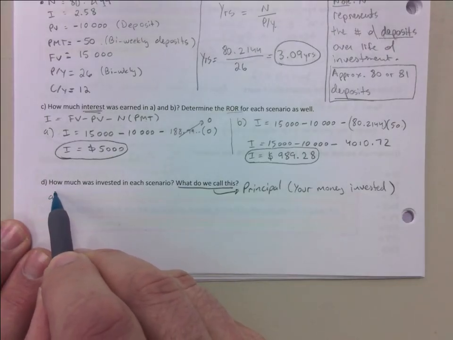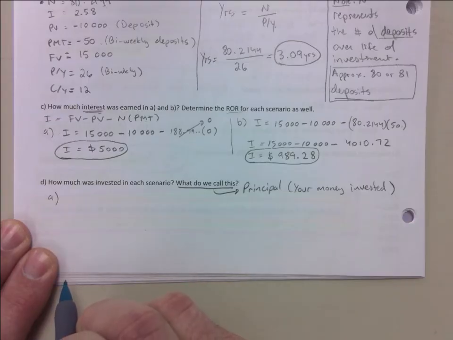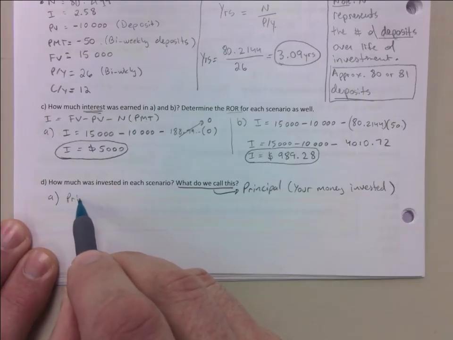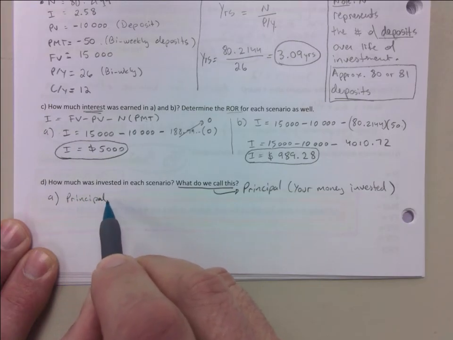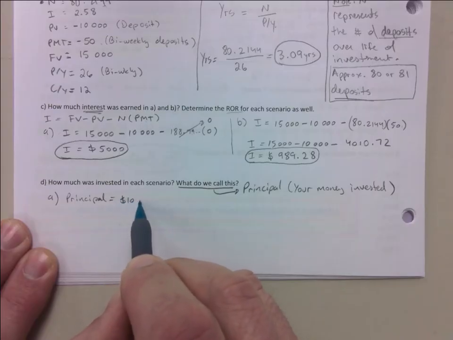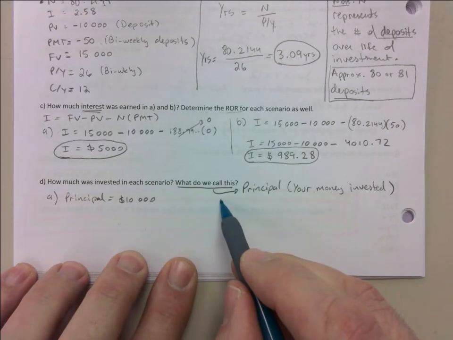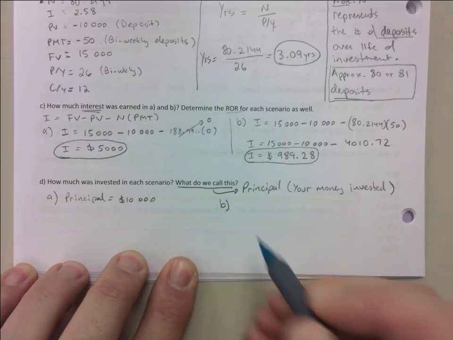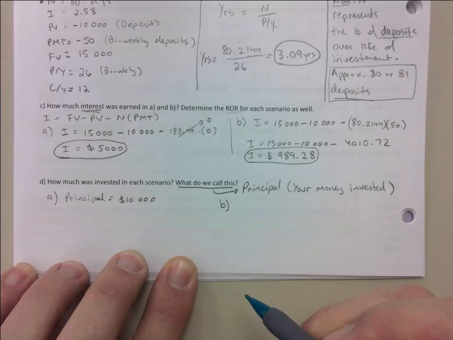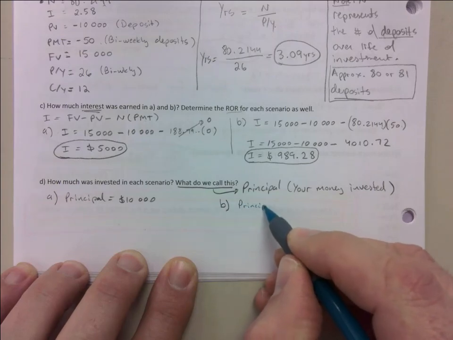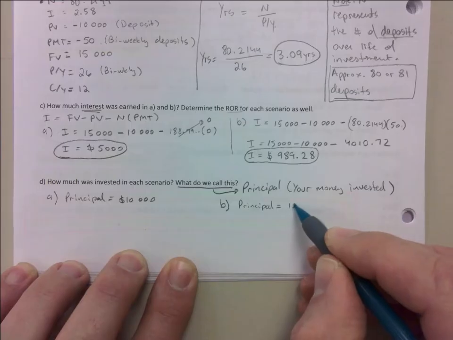In A, the principal is simply $10,000. You just put in 10 grand, that's it. In B, how much did you put in out of your own money? Principal, you put in $10,000